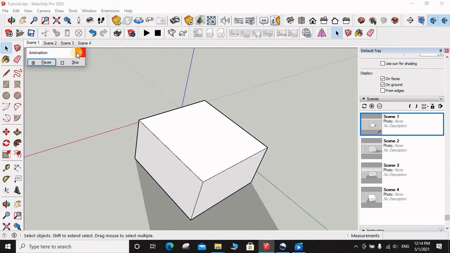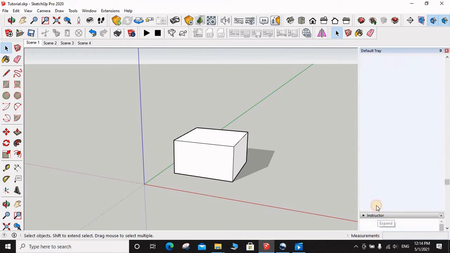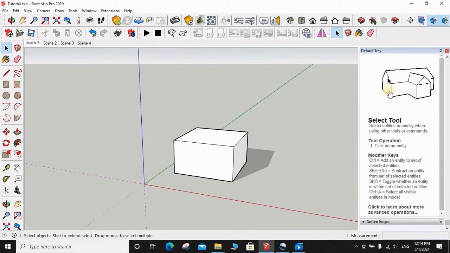This is the workup of scenes. As well as there is a small option of instructor. You can also get instructed through it. Default instructor option. Here you can learn about selecting objects, like when you go from top to bottom, the windows which you select only get selected, like whole windows. The line is totally selected, but not other lines. Yeah, when you totally cover the line, then it will be selected, otherwise it will not be selected.